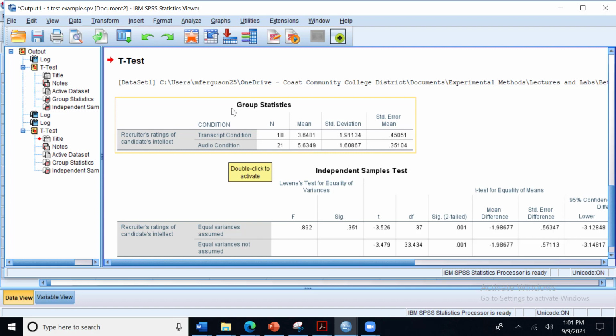So again, here are those descriptive statistics. And when you're looking at this table, you can see the differences between the different conditions. So the transcript condition here, this is the number of participants, the N. This is the mean score, so the mean intellect rating, or recruiter's rating of candidates' intellect. So this is their mean score here, and this is the standard deviation, and this is the standard error of